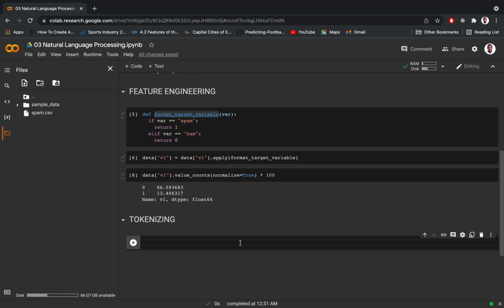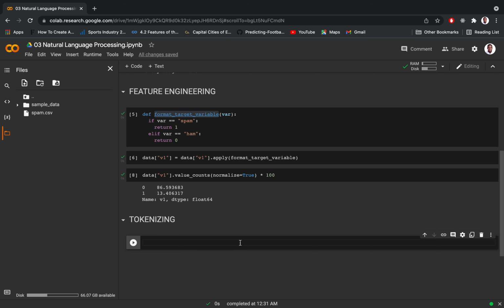We had to do one hot encoding using the pandas method, pd.get_dummies, if you can remember. We formatted the data so it looks numerical by using zeros and ones. That's the same thing that happens in tokenizing